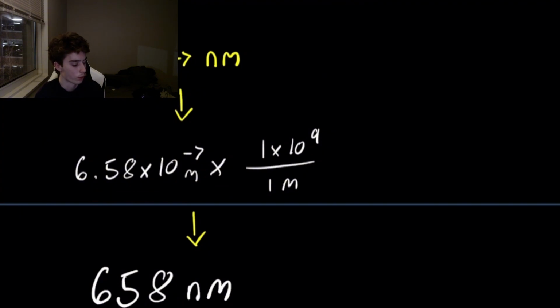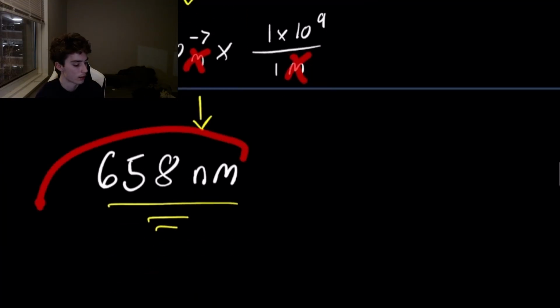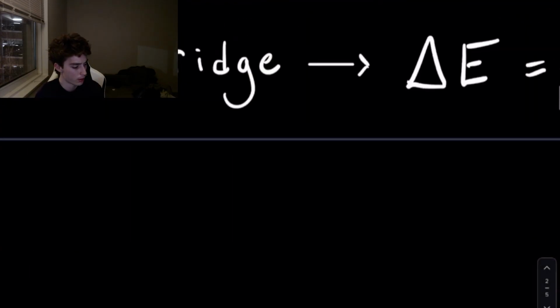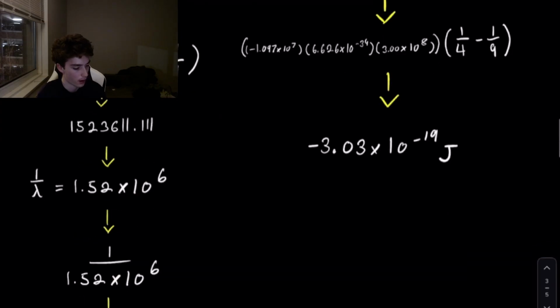I know that 1 times 10 to the 9th nanometers is equal to 1 meter. Meters cancel out. So now I just do the math times that. And then this is the wavelength, right? So 656. Was it 658? Yeah. So it'd be kind of like a deep red, I believe. Okay. All right. So the next question,